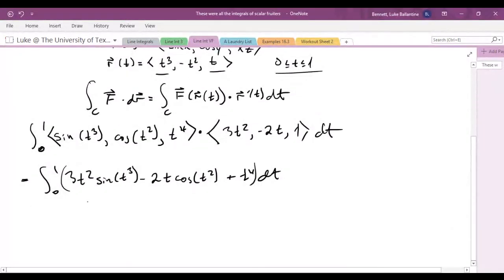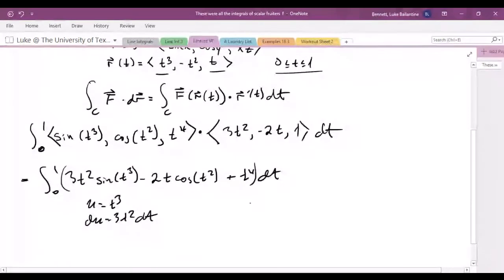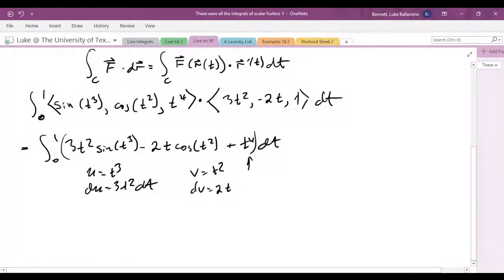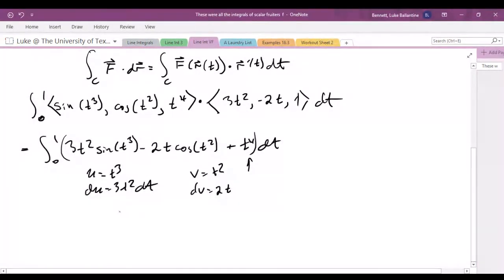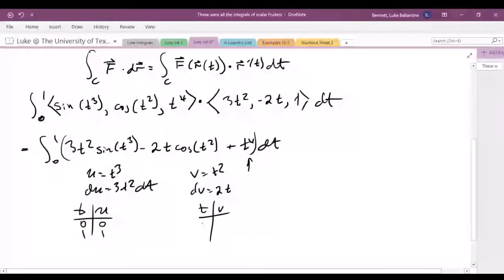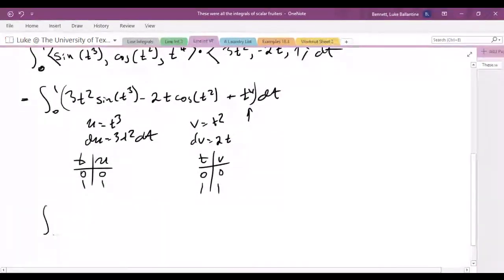All right, if we do u substitution, u is equal to t cubed, du. Perfect. We do v is equal to t squared, then dv is what? 2t. You don't need a substitution right here. You can just integrate that directly. Okay, so now we get bounds. So u, t is 0 to 1, u is 0 to 1, t to v, t is 0, 1, v is 0, 1. So then we get the integral 0 to 1 sine of u du